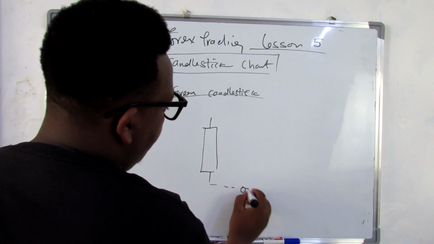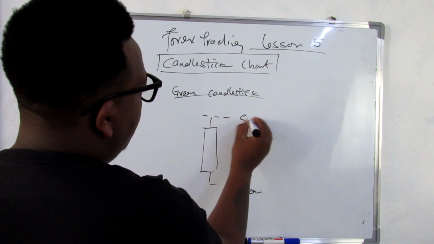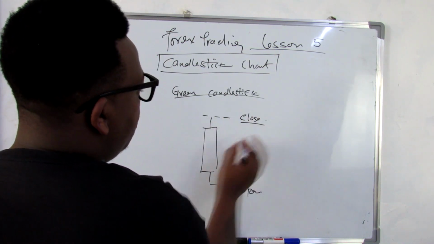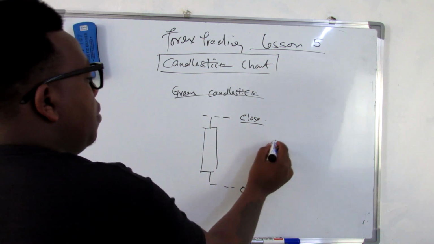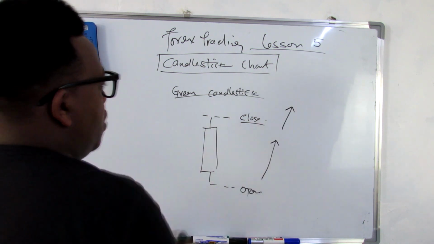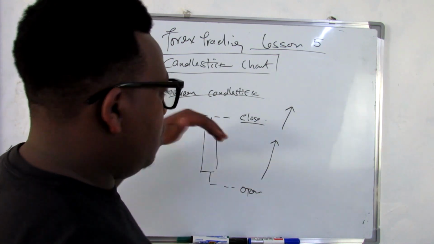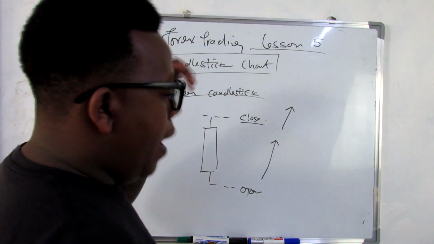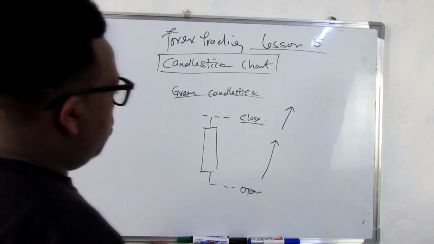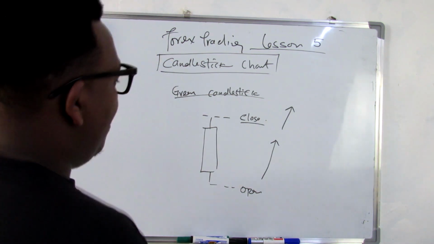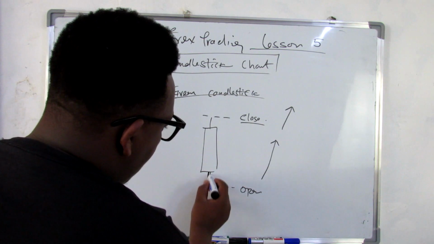They get to open from here and get to close from here. So it's important for you to note that they get to form as they move upward. For the green candlesticks, we have said these are the bullish candlesticks, and they show the market is going upward. Another concept which is very, very important is to know the size of the wick, how long the